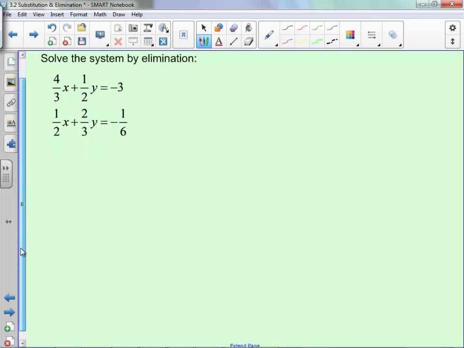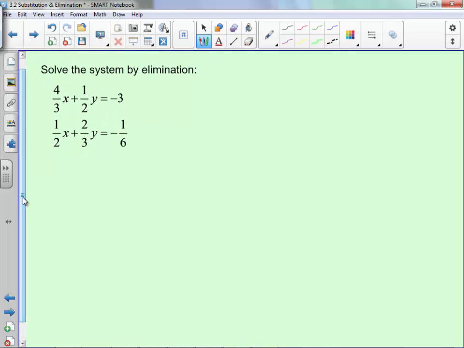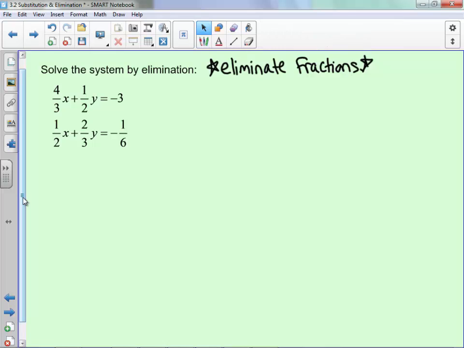Alright, once again, solve by elimination. We have fractions, but think back to chapter 1. We can eliminate our fractions. And we can do this by multiplying by what would be our common denominator. So in this case, our common denominator would be 6. And actually in this case, it would be 6 as well. And so now, our equations would be